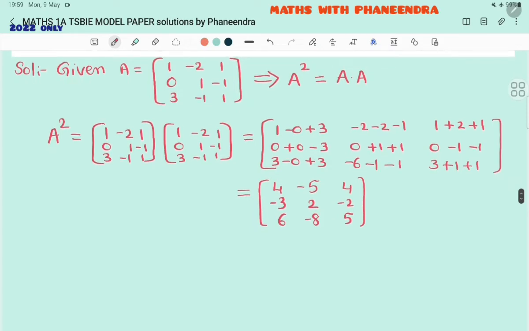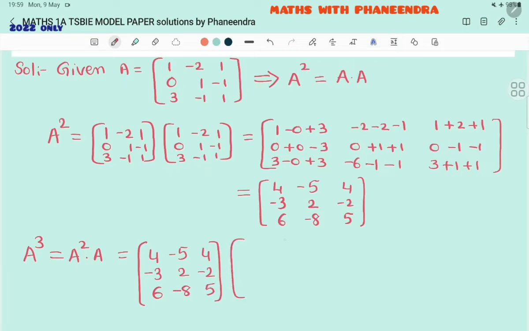Next A cube we can calculate. So A cube is equal to A square into A. A square value we got now: [4 -5 4; -3 2 -2; 6 -8 5] into